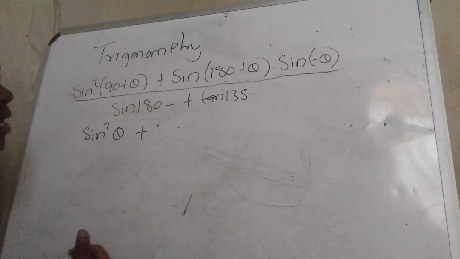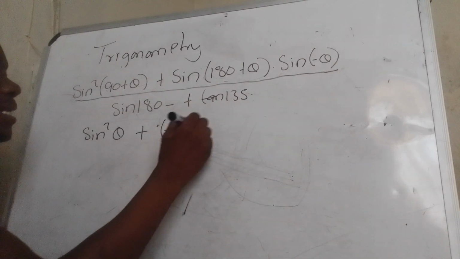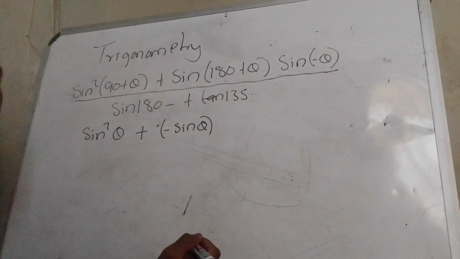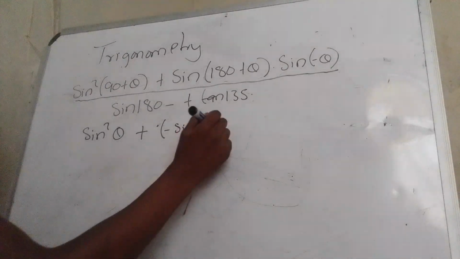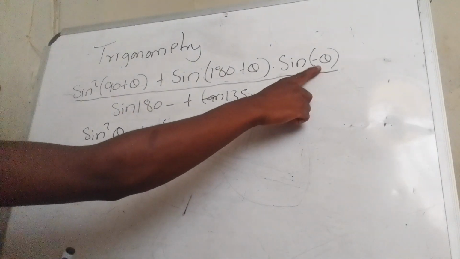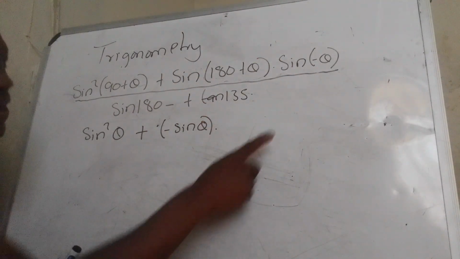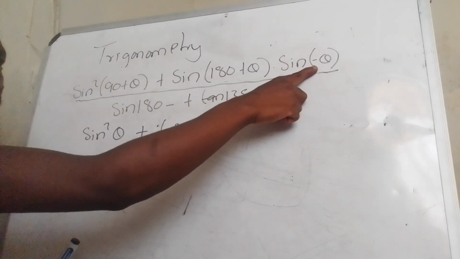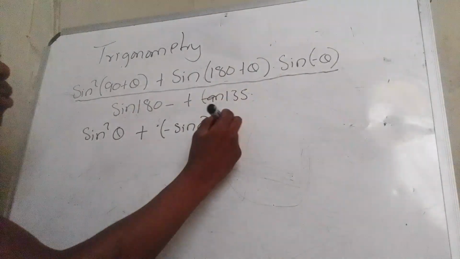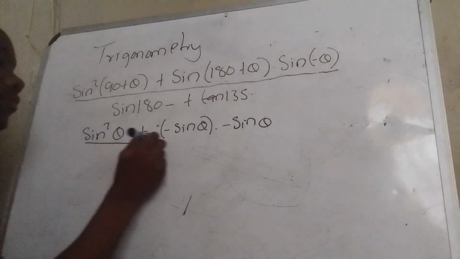180 plus an angle is in which quadrant? It is in the third quadrant. How is sine in the third quadrant? It is negative. So I'm going to have negative sine theta. It's worth 5 marks. Then we have negative theta there, and we have sine here. So since it's sine, we're going to have negative sine theta, all over